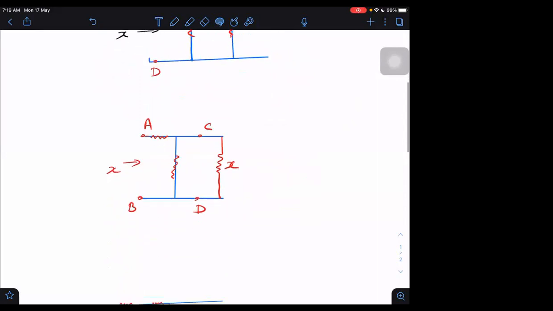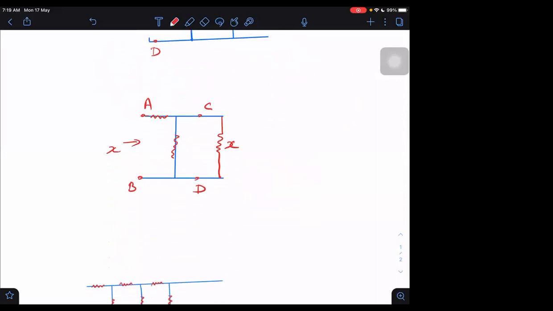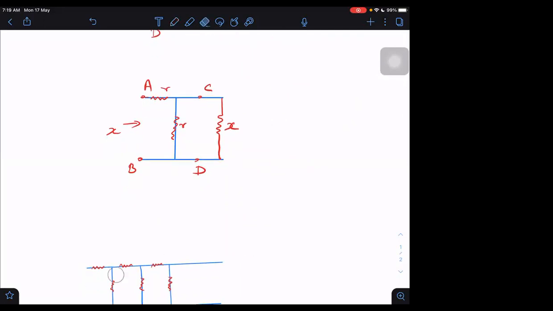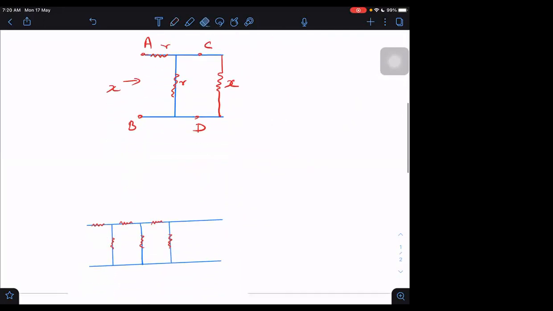So what is the effective resistance now? This is R, this is R. And I have told you one tip. So what tip have I given you? That we can take R as 1. At last we can multiply by R to get the answer. Even if it is not given as 1, we will assume it to be 1 ohm, just for ease of calculations. Then we get X into 1 upon X plus 1, plus 1 is equal to X again.